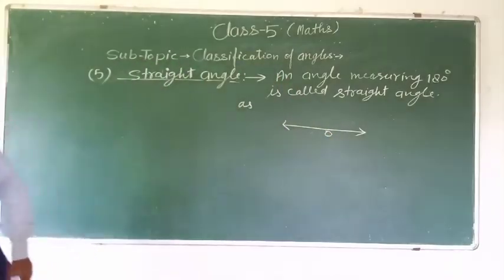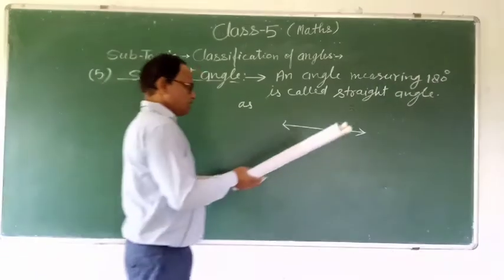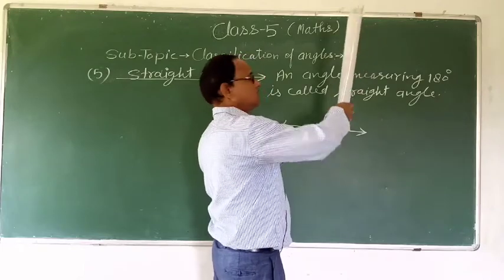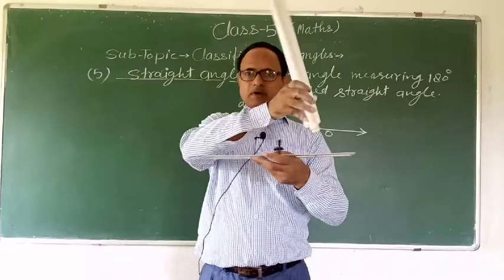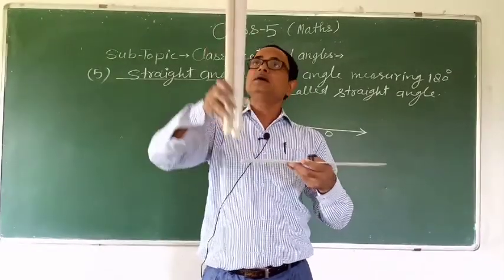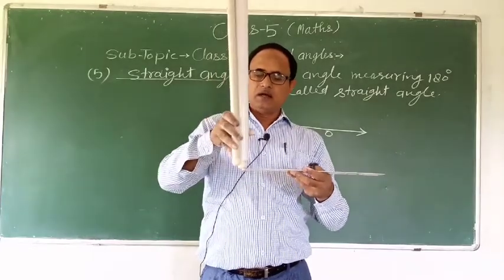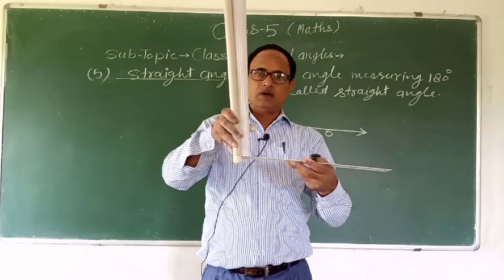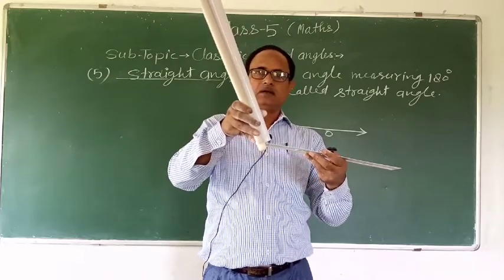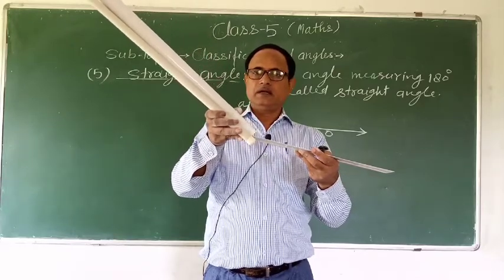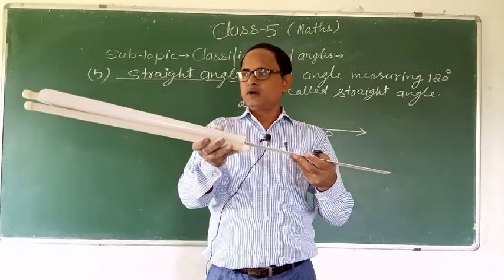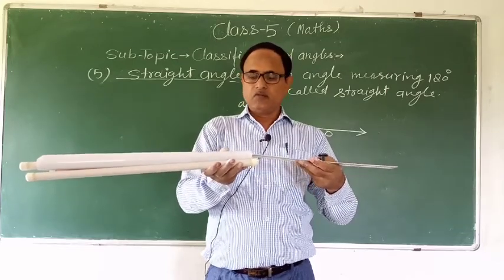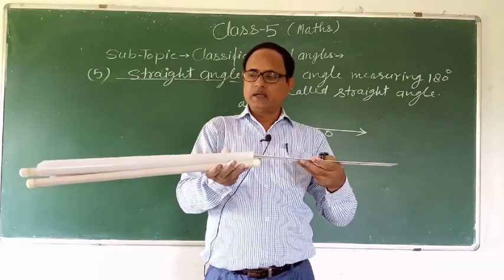Here this angle is made as 90 degrees, with the first ray and this the second ray joining at P. At this time the rays are perpendicular to each other, but if this angle increases and makes a 180 degree angle, straight to each other, then point O makes a 180 degree angle.